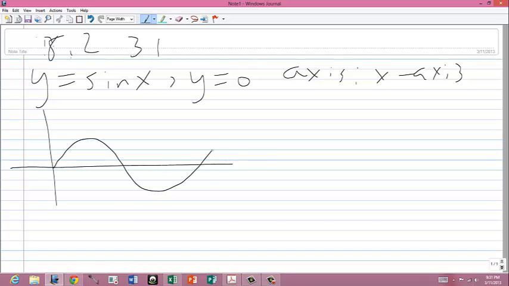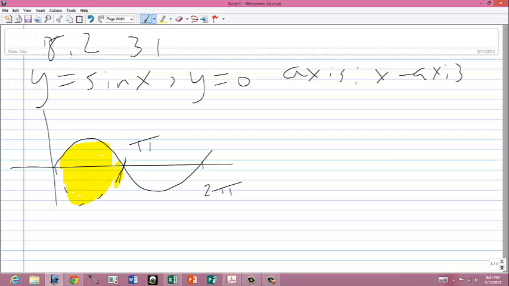Here's sine. We know it has a period of 2 pi. So the first arch, which is what we are asked to rotate, goes from 0 to pi, so just the yellow region right here. Here we're asked to rotate it around the line y equals 0, the x-axis. So in this case, I can see that my axis of rotation is in fact one of the